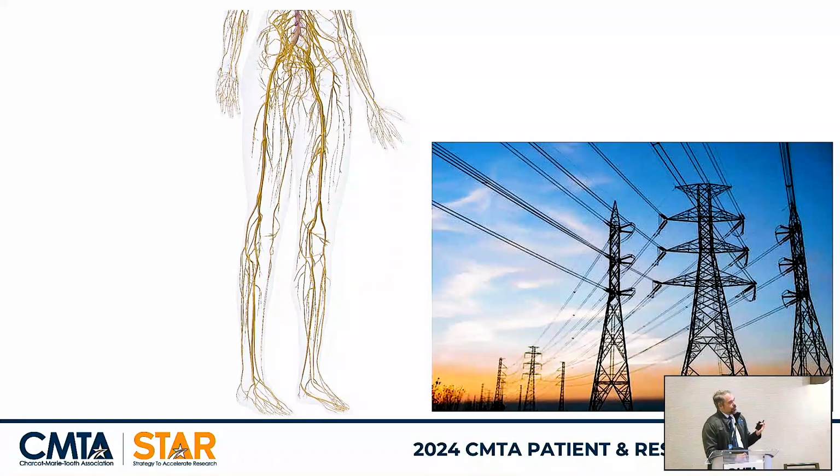And peripheral neuropathy is a very general term. CMT is one form of peripheral neuropathy, but there are probably hundreds of different types of neuropathy. Everybody has probably heard about diabetic neuropathy, so that nerve damage that's caused by diabetes. CMT is a different type, but every time we're seeing a patient for the first time, especially if they don't have a family history, we have to figure out, is this actually a CMT case, or could this be another form of peripheral neuropathy? So everything that we'll be talking about is trying to really make this